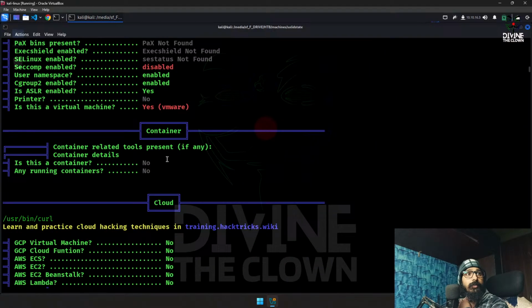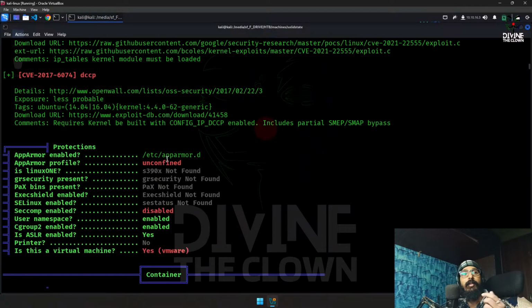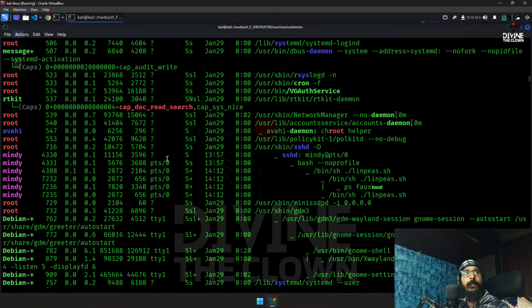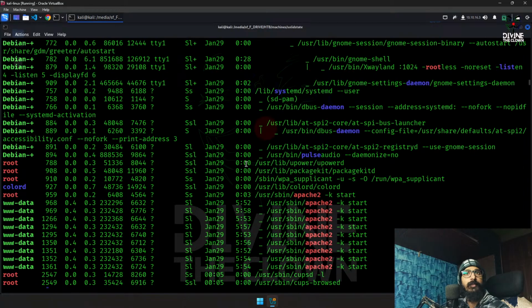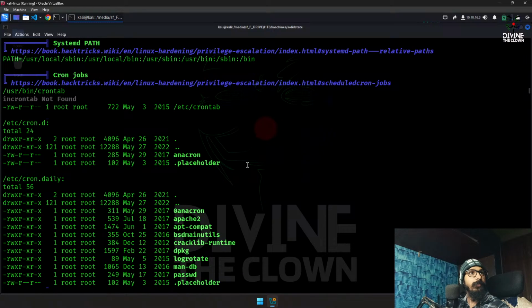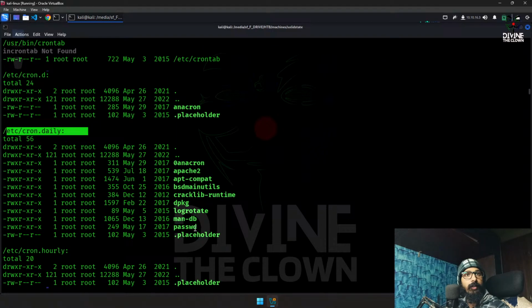Now the first place was this. The second place is what sort of services it's running. I hardly check over here because it doesn't give better results. No, sorry, the second was what sort of cron jobs are running. We check for the cron jobs, and it says the crontab is running daily. There's a password one, man-db, logrotate, cracklib-runtime,